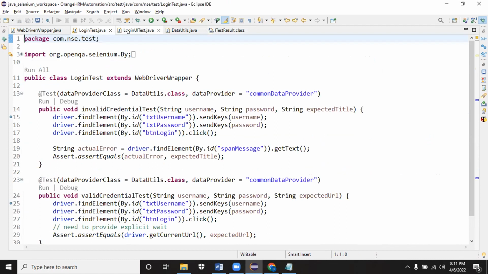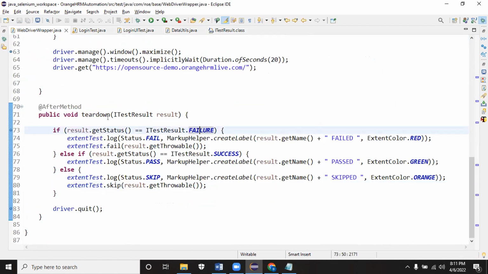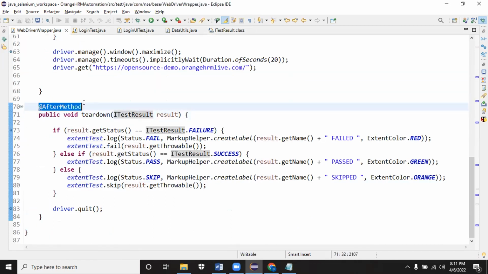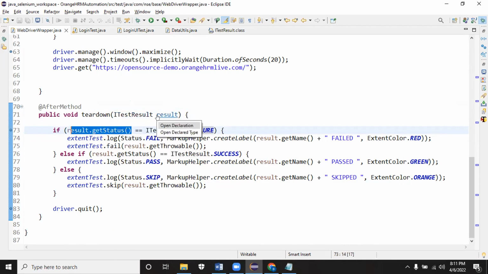If you add this in the after method, ITestResult is an interface which has a few methods where you can get the current status. The after method runs after the test method, right? So whatever happened to the test method, whether it passed or failed, that detail it will give you. If you try to print result.getStatus, it will print a number.